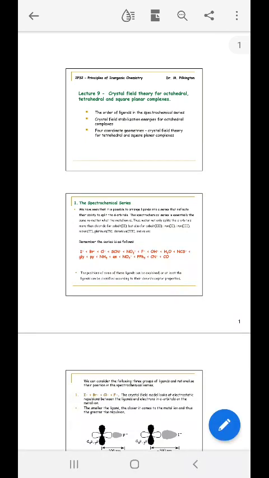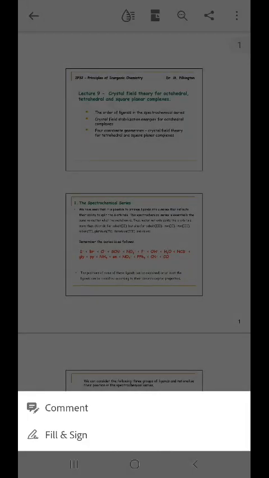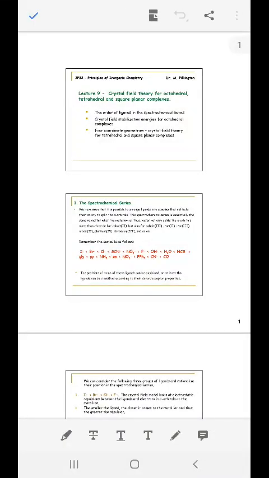So now how to use the tool for checking your PDF or marking the assignment or the university examination for the student, how a teacher can use a very simple method for checking your PDFs. So you can see here a pen icon. So you have two options here, comment and fill in sign. So go to the comments. Now you can see here few icons. So click on the second last one, that is a pen.